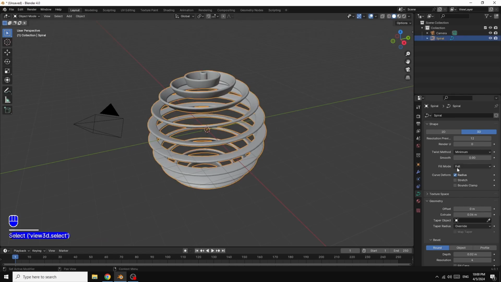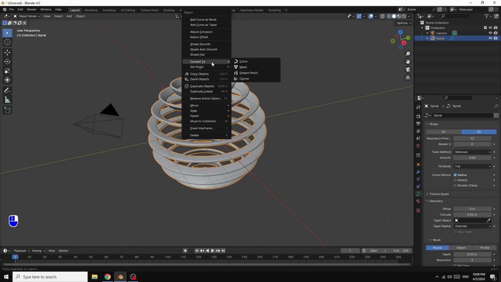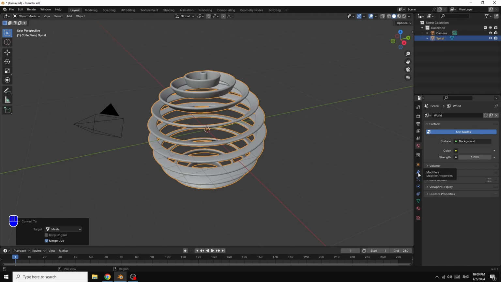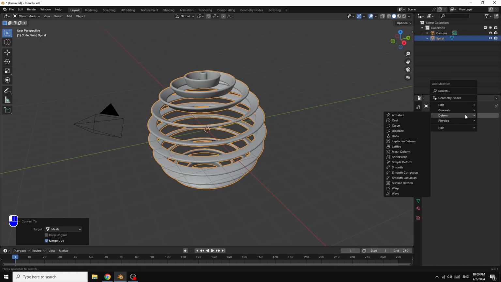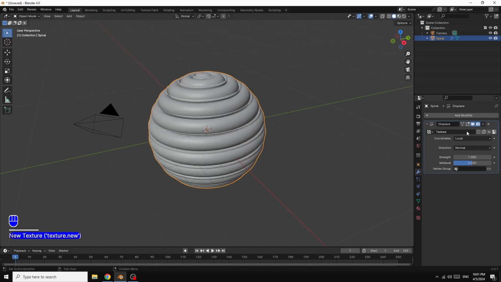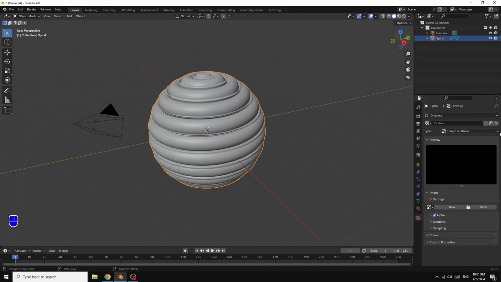Now right click, convert to mesh. Now go here in modifier properties, add modifier. In deform we select displace. Don't worry if you see it like this. Hit new and here open a texture. Here in image or movie we will select